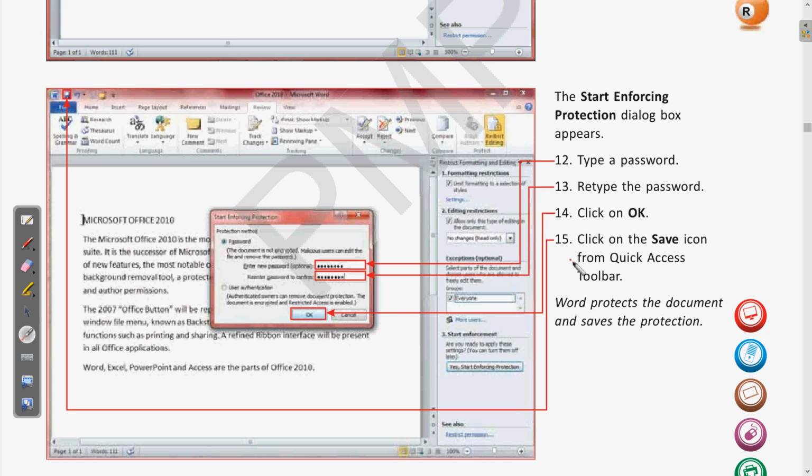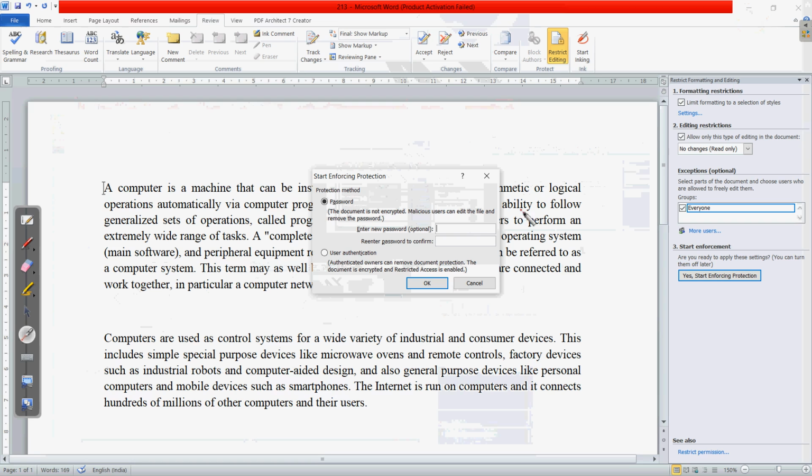Then step number 15, click on the save icon from the quick access toolbar. Word protects the document and saves the protection. Clear? So now we are going to save the same thing. Whatever password you want to choose for your Word document, you can choose. So I am writing a password. You can choose accordingly.